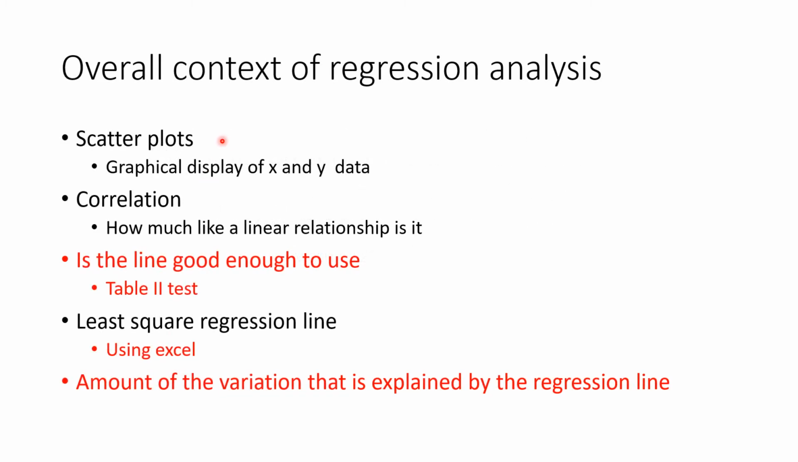In previous videos and lectures, we've talked about scatter plots, which were graphical displays of X and Y data. We talked about correlation coefficients, the Pearson correlation coefficient, which helps us determine how much like a linear relationship is something. And we also talked about ways to come up with an equation for this line called a least squares regression line. We enhanced that with some additional material where we talk about the question of, is a line good